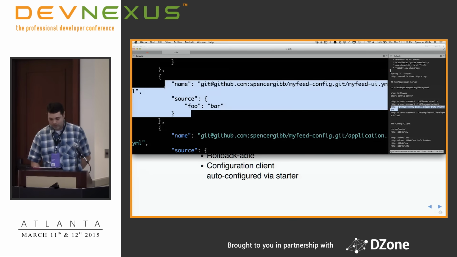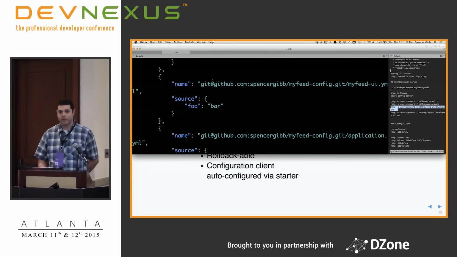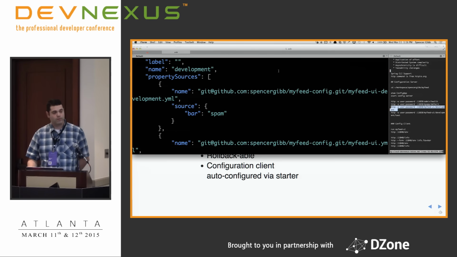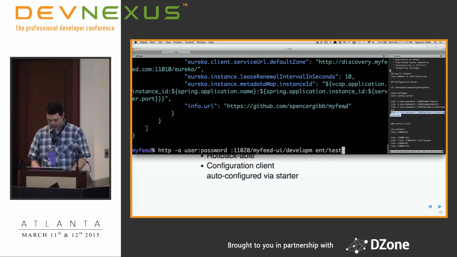And this one is from the development profile, right? The Spring profiles can be passed down into config server. So if you start an app with the development profile, it would come and get specific development properties.